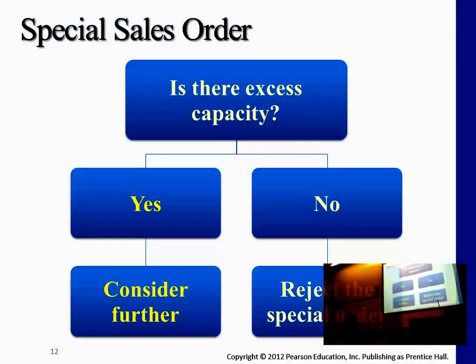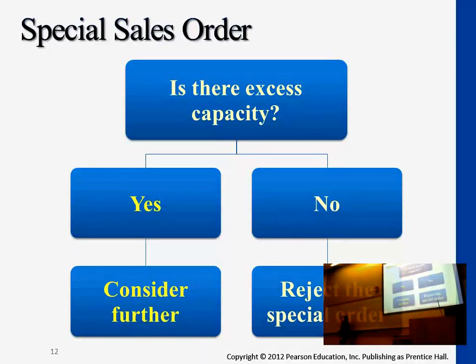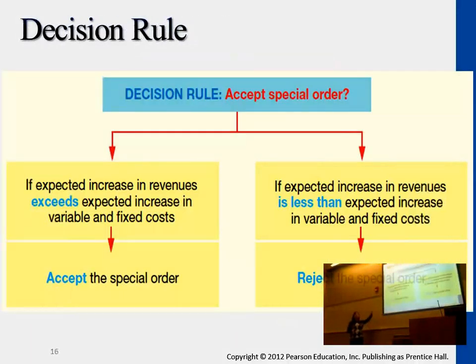So after considering capacity, if this is yes, the second question would be whether the excessive revenue we're getting out of this special order actually exceeds the total variable cost plus fixed cost to produce this order, right? Sometimes with special orders, if it's larger in quantities, customers will request a discounted price. So you still need to evaluate whether this discounted price actually covers, especially, variable cost at least. You have to get a positive contribution margin out of it.